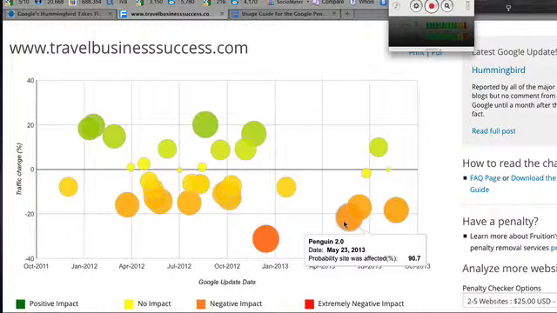Let's assume you're the tour operator in Tanzania, or you're a lodge in Alaska. You've got some crappy links you found using Majestic SEO. What do you find is the best protocol? Shouldn't you reach out to the owner of that site and say, "Hey, you've got a link to my site. I'd really appreciate it if you disconnect it." What's the best protocol to do that? Well, often if it's a real low quality link, it's a spammy site that was automatically generated, and you're never going to be able to get a hold of anyone.